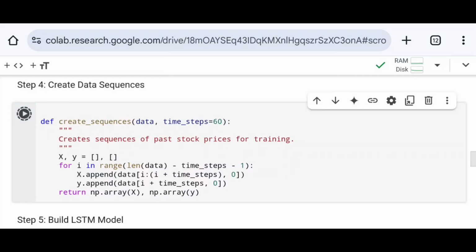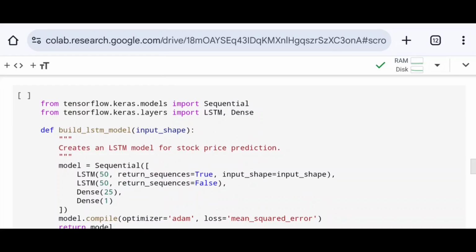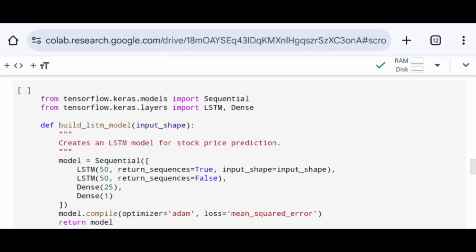Now, after running the code, I quickly move on to the next step, where I build the LSTM model. Here, as you can see, from tensorflow.keras.models I import the Sequential approach. This helps us create a linear stack of neural network layers. Next, from tensorflow.keras.layers, I import the LSTM and Dense layers. LSTM stands for long short-term memory layer, which is a type of recurrent neural network. And the Dense layer is a fully connected layer, which means that every neuron from the previous layer becomes input to